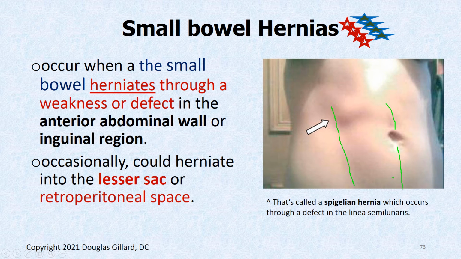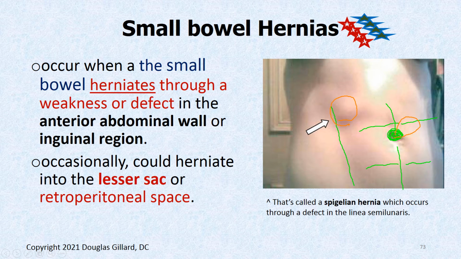Remember that from Gross 2? Then we have those tendinous intersections that give you the washboard. Hernias can pop up between these things. They can definitely pop up through the umbilicus and then down in the inguinal region. There's several. We have a direct and indirect inguinal hernia we can talk about. But that's what it is. It occurs when small bowel herniates out through the belly button or